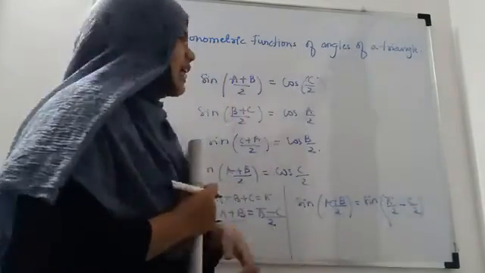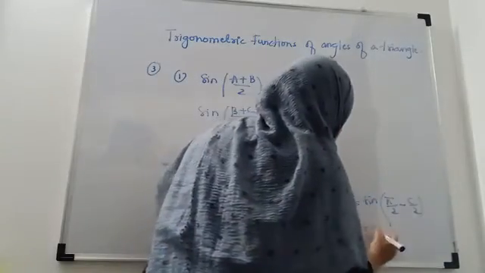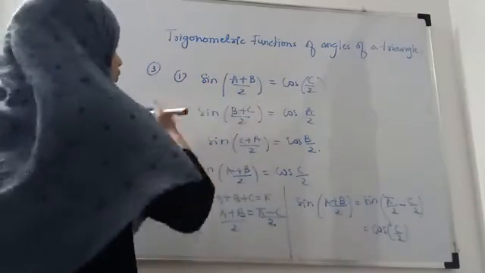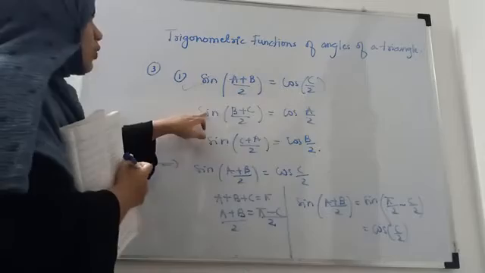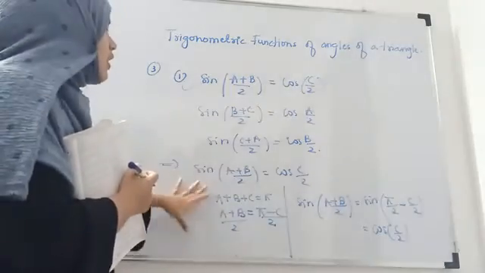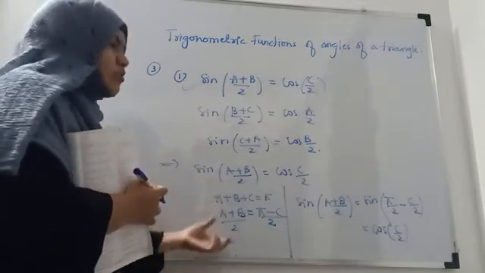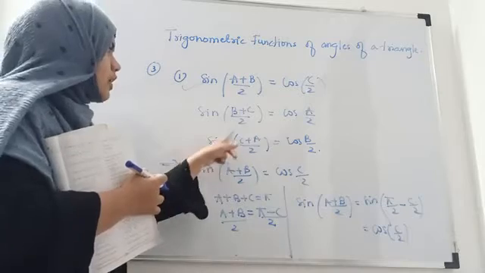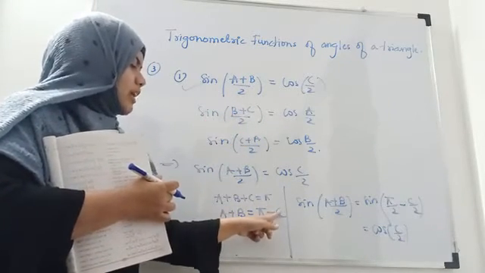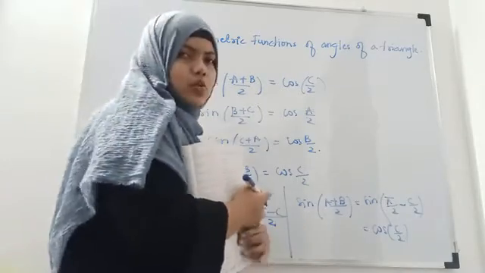And we know that sine of (pi upon 2 minus C upon 2) is cos, right? So this is equal to cos of C upon 2. So the first one is proved. The same formula you can use for the other cases in the same way. You can try to find the proof of the second and the third one by using the same method. Instead of A plus B, use B plus C. So in RHS it will be cos A upon 2. So try to solve those two formulas.